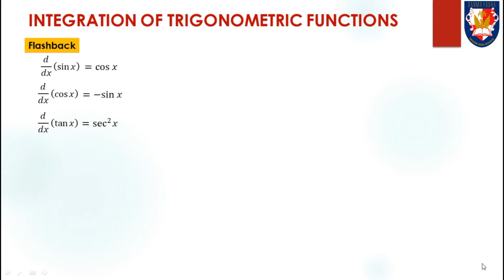Integration of trigonometric functions. Let's have some flashback. The first derivative of sine x equals cosine x. The first derivative of cosine x is negative sine x, and the first derivative of tangent x equals secant square x. Based on the definition of integral, we will have that the integral of cosine x dx equals sine x